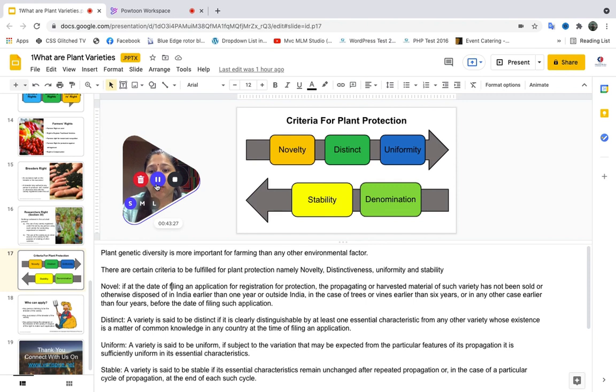And the fifth one is denomination. Denomination is basically the name of that variety. Let's say I have developed a rose variety and I want to name it Gulab. I cannot do that. I have to pick a new name for it. Let's say I want to name it Pusa Basmati. I cannot do that because there is already a crop with the name Pusa Basmati. But I could name it something like XYZ or Madhubala, or Bejanti Mala. I could give it any other name. There are a number of rose varieties. So denomination or nomenclature of that variety is also important.